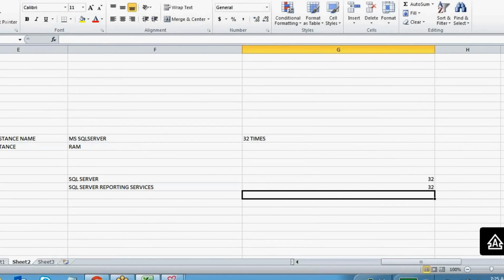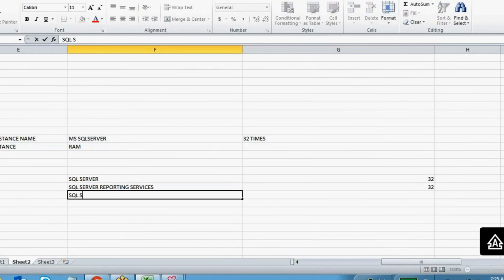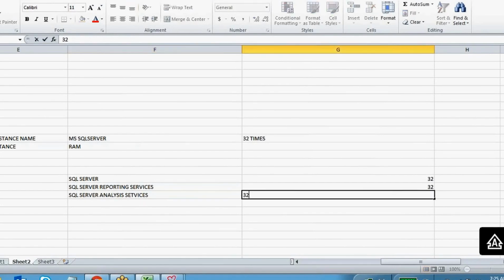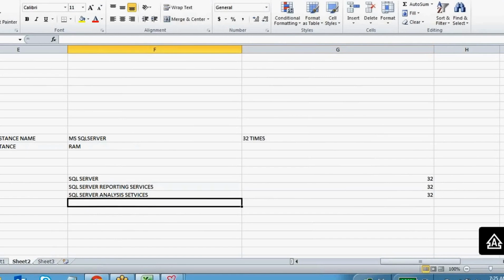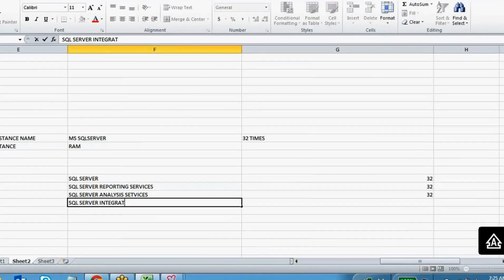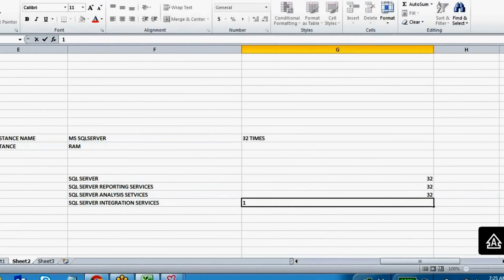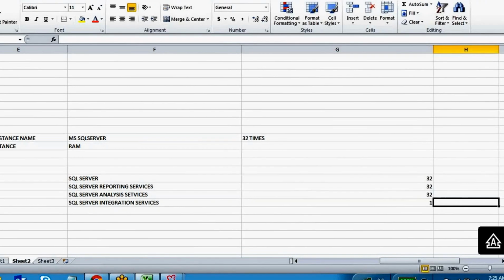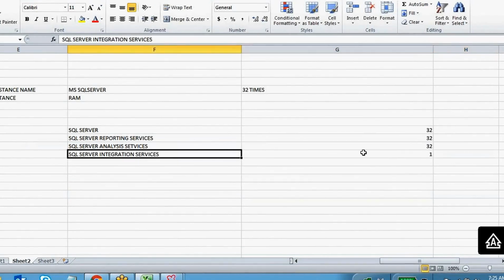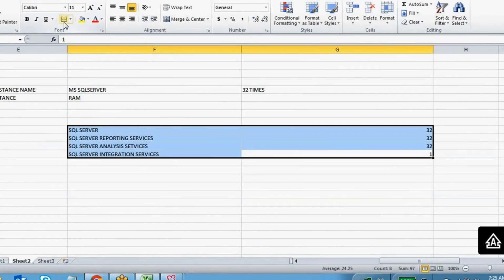For SSAS, SQL Server Analysis Services, you will get 32 times. But the SQL Server Integration Services service will install only one time.